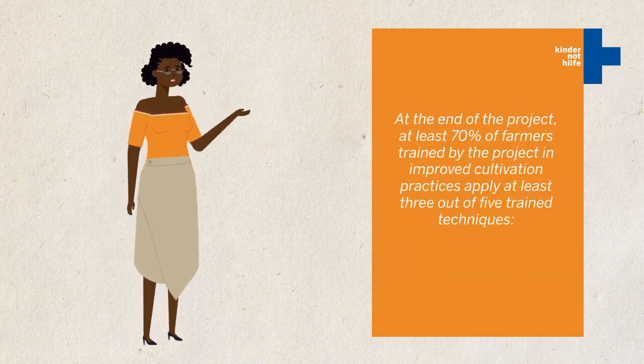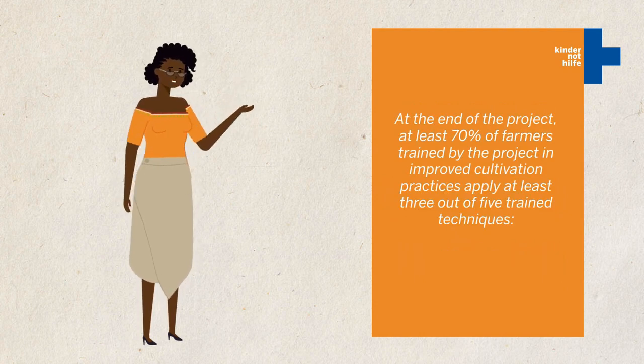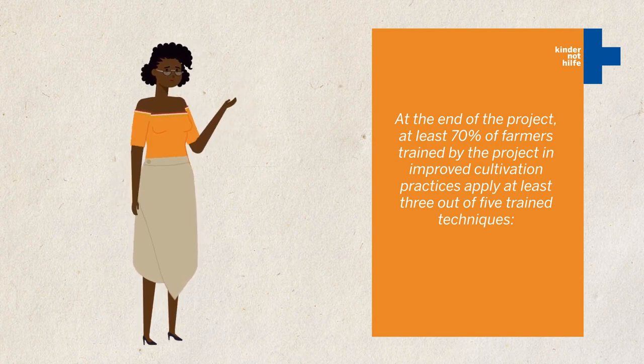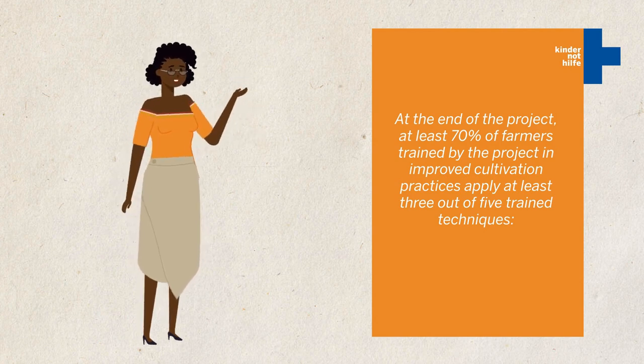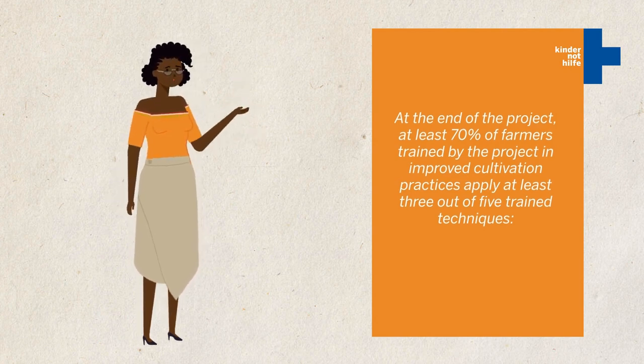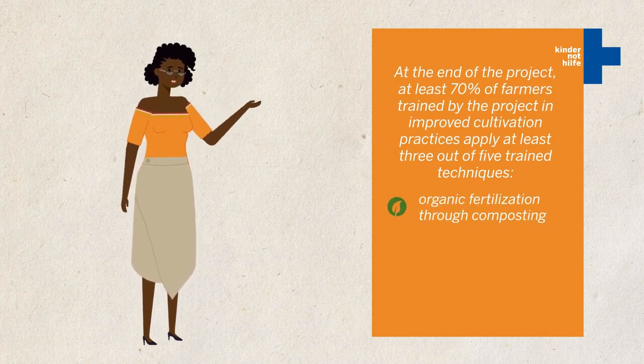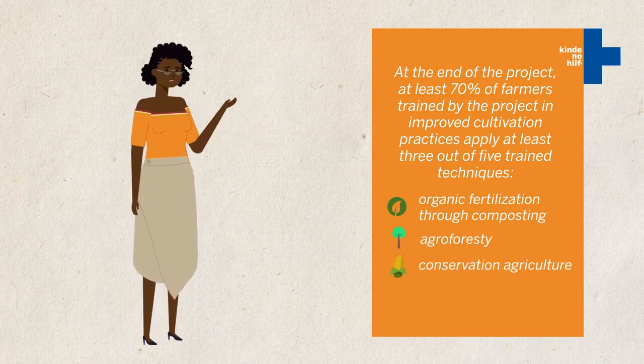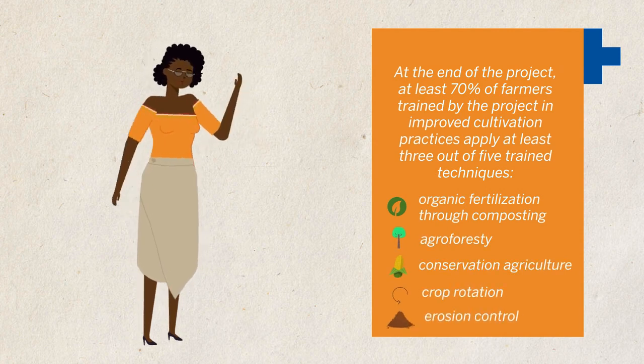An operationalized indicator could look as follows. At the end of the project, at least 70% of farmers trained by the project in improved cultivation practices apply at least 3 out of 5 trained techniques: organic fertilization through composting, agroforestry, conservation agriculture, crop rotation, erosion control,